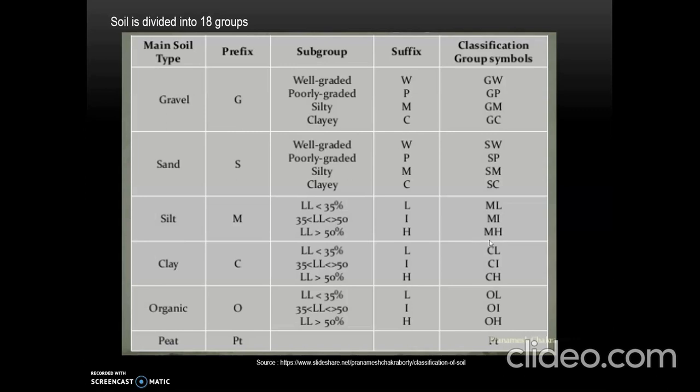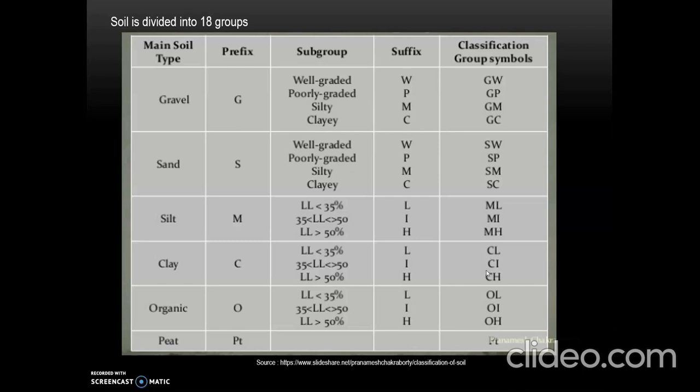Similarly, MH represents silty soil with high plasticity and high compressibility, wherein liquid limit is greater than 50%. Similarly, CL represents clayey soil with liquid limit less than 35% and it is soil with low plasticity and